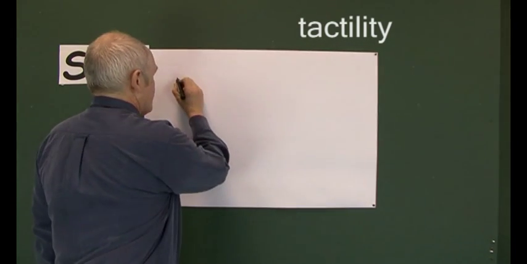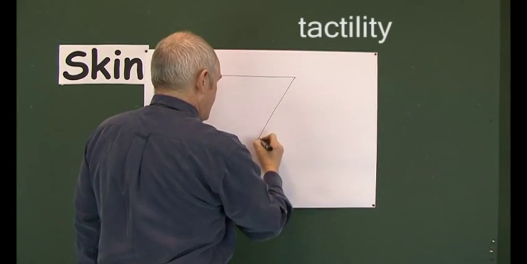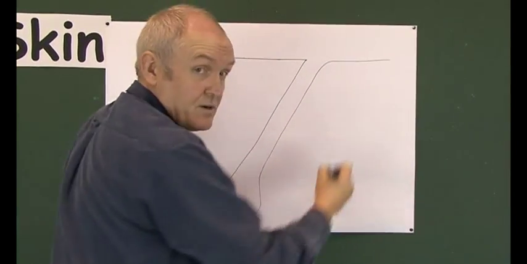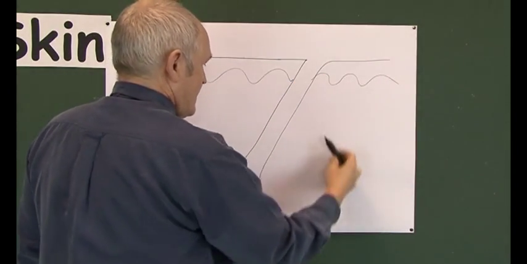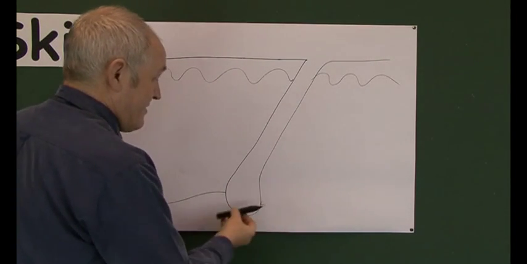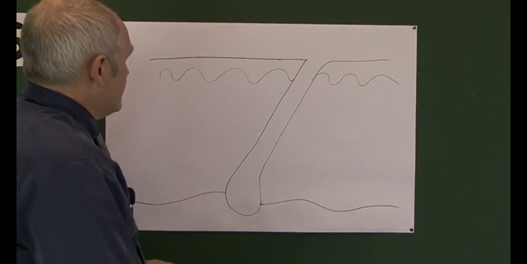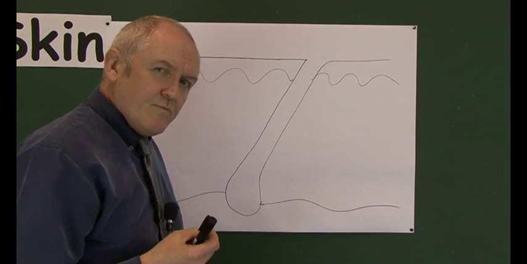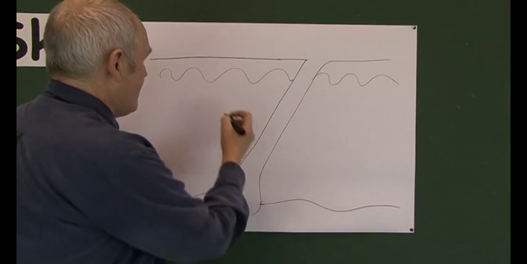So here we have the surface of the epidermis as usual, and going down into the dermis we have a hair follicle. And here we have the junction between the epidermis and the dermis that we're familiar with. And here's the hypodermis here. Some of the hair follicles go right down into the hypodermis actually. So epidermis, dermis, hypodermis. Now we already know, because if you've watched the first part of this DVD, in the very bottom layer of the